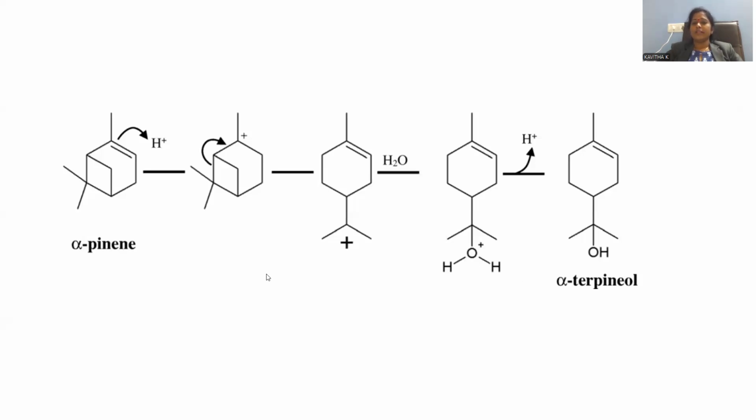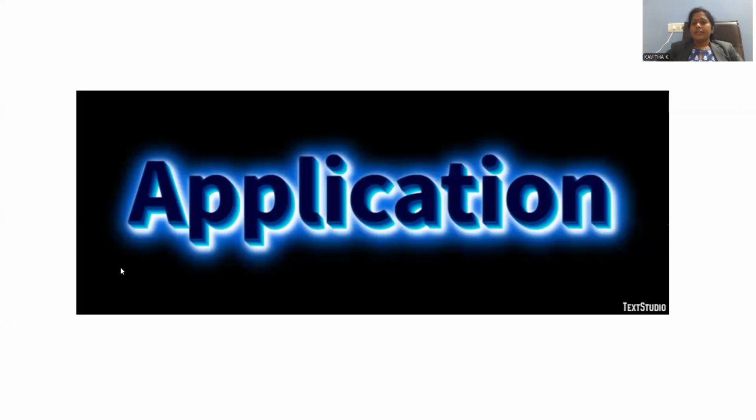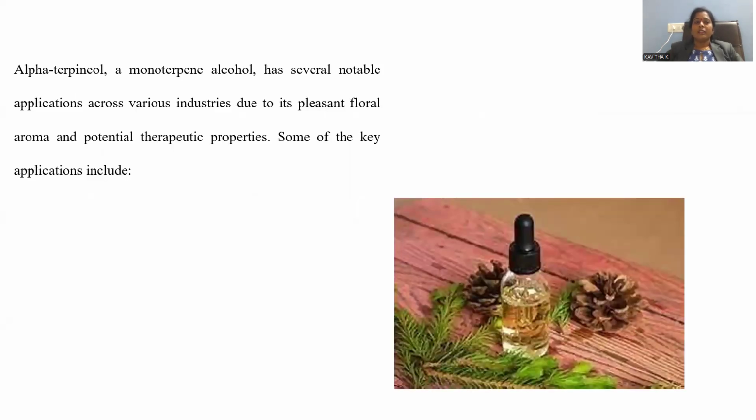So this is the lab grade synthetic pathway, which is a very laboratory viable method. Within very few steps it is possible to accomplish the final compound we are targeting, that is alpha terpineol from alpha pinene. And we entered into another segment called the application part, where applications of this alpha terpineol will be discussed.